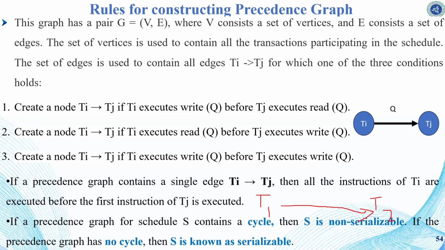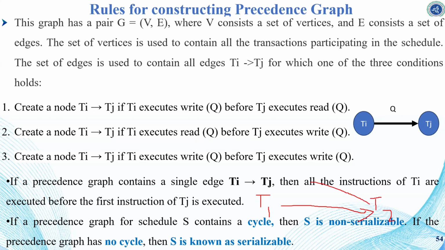If the precedence graph contains only a single edge from Ti to Tj, then all the instructions of Ti are executed before the first instruction of Tj is executed. So if there is only a single line, it means Ti should be executed first, followed by Tj. If the precedence graph of the schedule S has a cycle,